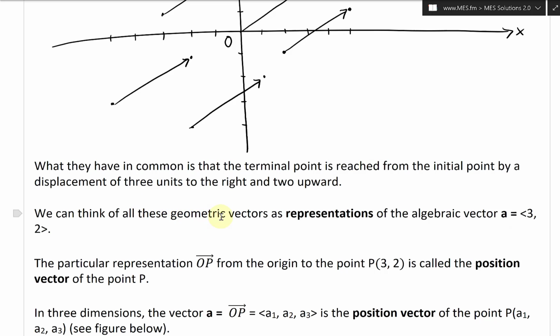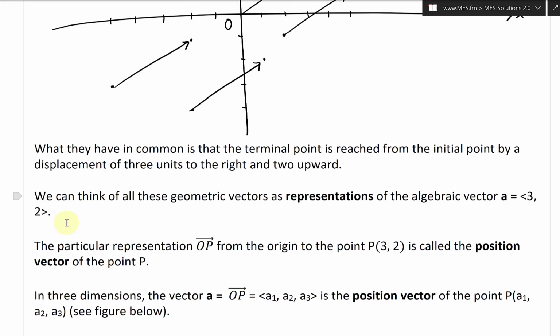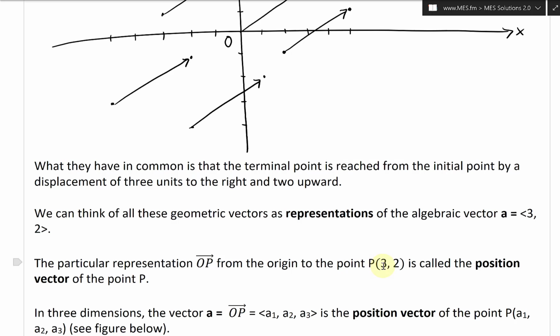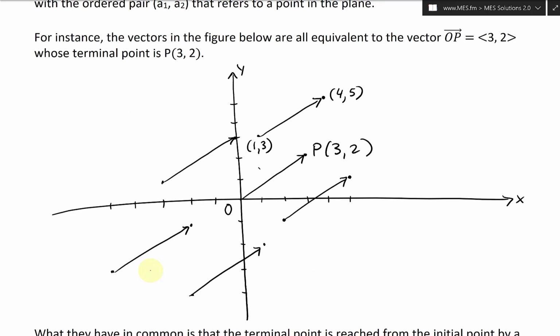We can think of all these geometric vectors as representations of the algebraic vector A equals ⟨3, 2⟩, with these triangle brackets. And the particular representation OP from the origin to the point P, (3, 2), is called the position vector of the point P. So we could write this as OP